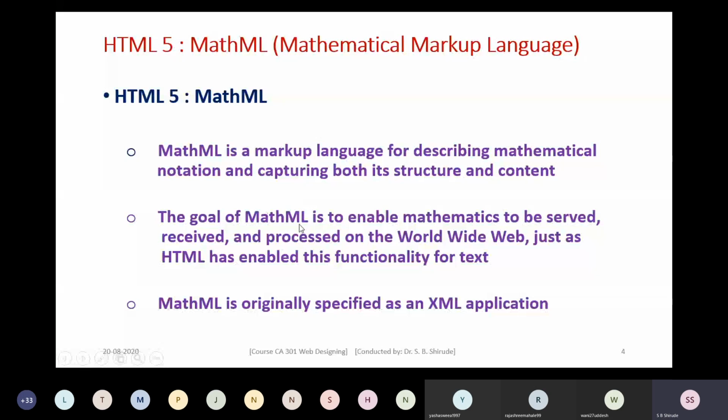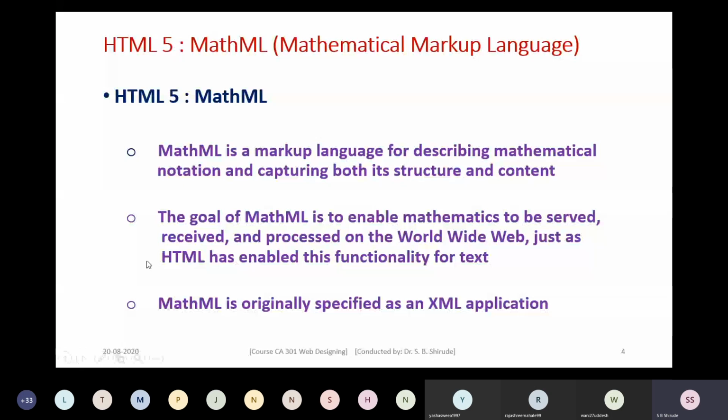So this is another markup language. Like HTML, this is another markup language which is called MathML. Now, how can one design a markup language? Designing a markup language is a complex task. It is not so easy that we can design our own markup language very easily, because it will include many different tasks.